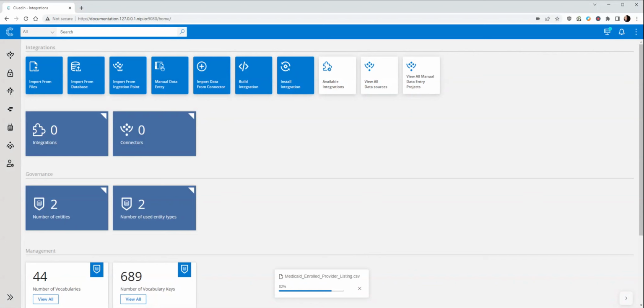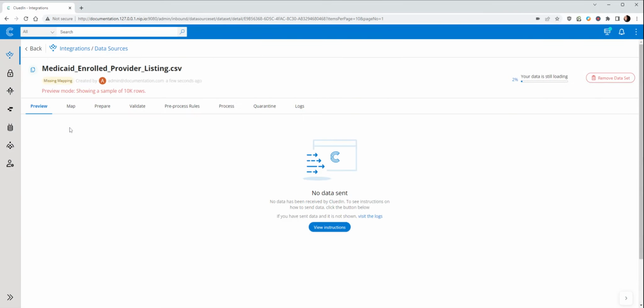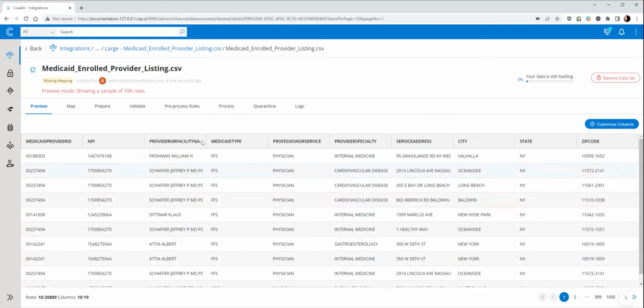This is how we can support uploading large files, and we can always just continue this, and you can see that now it's continued, my file is available, we can go through, and it's going to continue processing this data into the CluedIn platform so we can start to preview it. If we click through to our preview mode, you can see as the data continues to load, it's going to still load and give me a preview of the data sets, even though we haven't processed all the data within